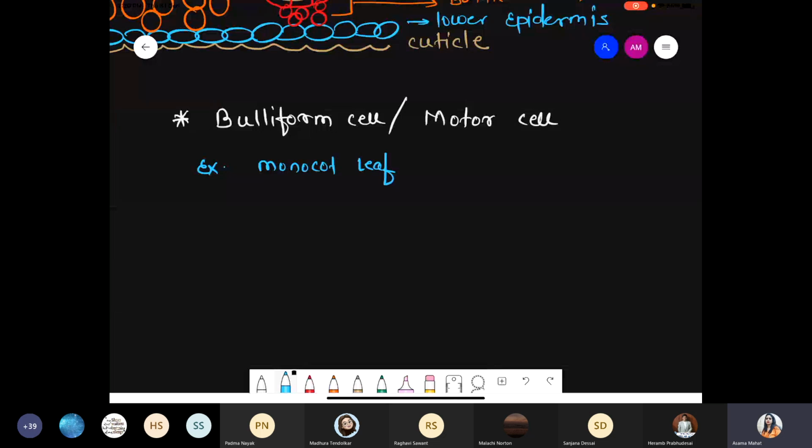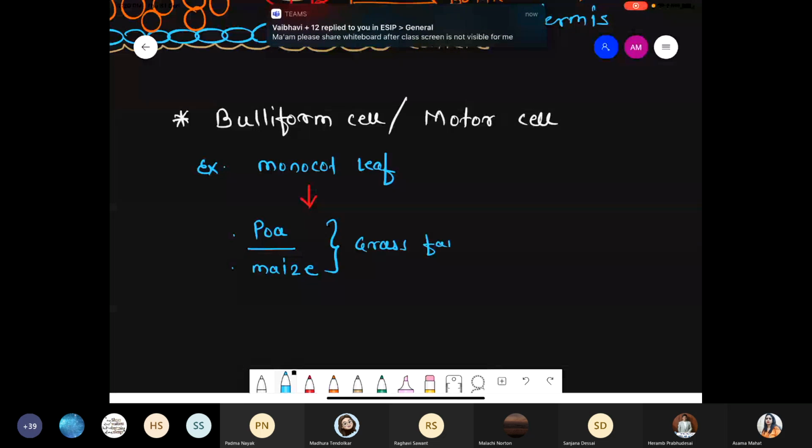Under this monocot leaf, you can write down the example. They are present in Poa as well as in maize, because Poa and maize both belong to the grass family. And grass,